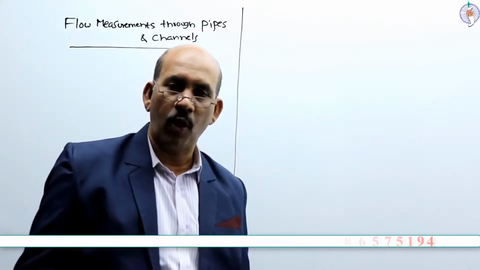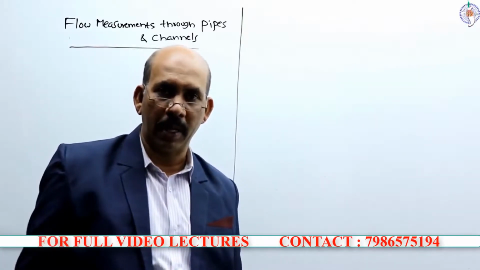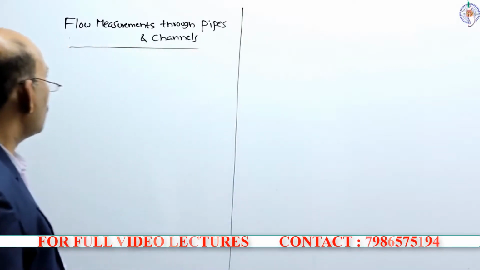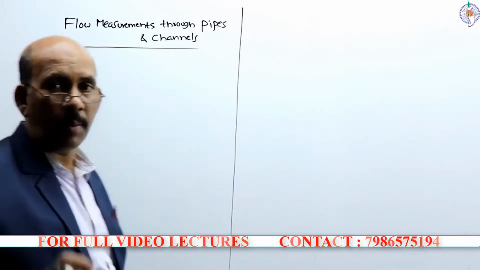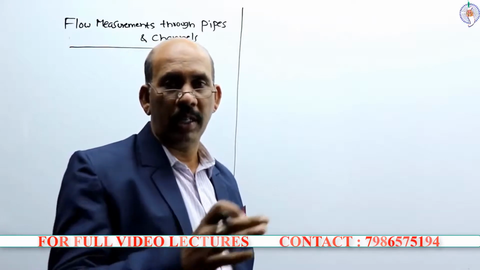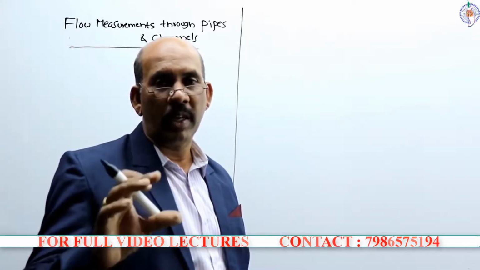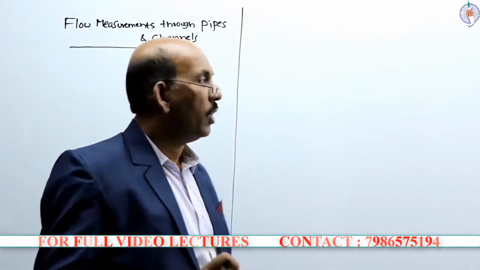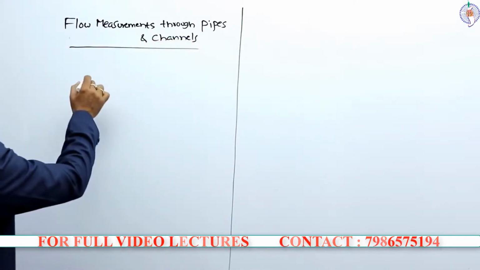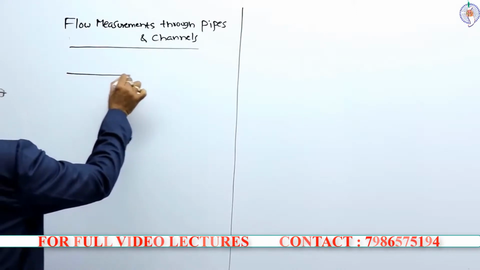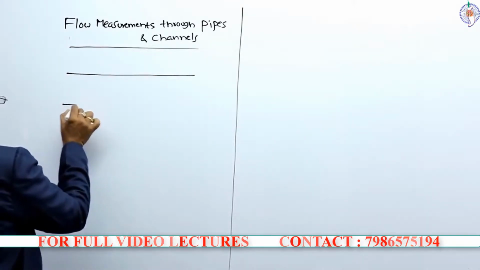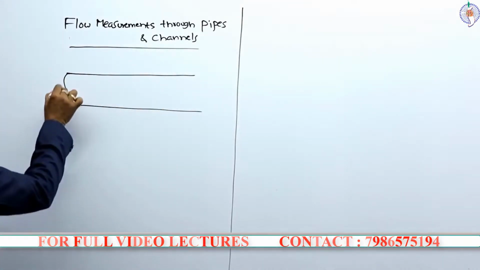Let us see the flow measurements through the pipes and channels. In order to measure the amount of flow that is taking place through the pipe, we want to calculate this particular flow. That particular flow can be evaluated. Suppose this is a horizontal pipe,